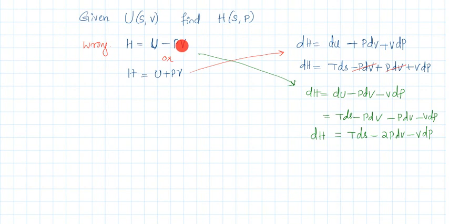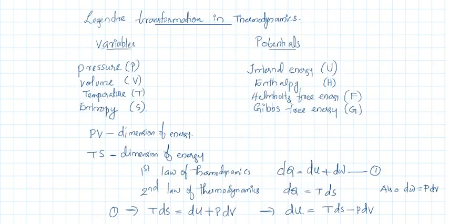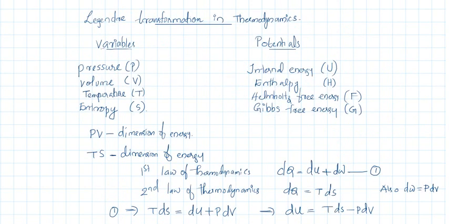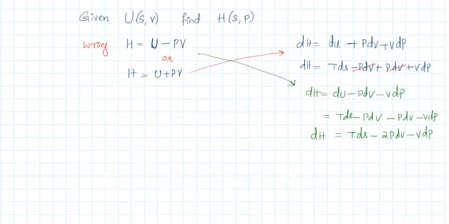U minus PV. By the definition of Legendre transformation that we already discussed, the new function is the old function minus the product of the variables that are interchanged. Here the variables interchanged are V and P. So by the definition, we would write H is equal to U minus PV. But this will give you a wrong answer. Why? Because when you write H is equal to U minus PV, dH becomes